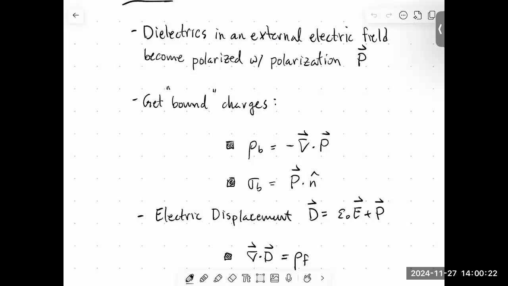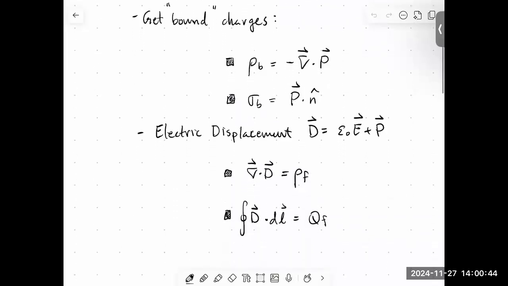There was a bound volume charge density, which was given by minus the divergence of the polarization. And there was a bound surface charge density, which is determined by P dot the normal vector to the surface. And then ultimately we defined the electric displacement as essentially the sum of the electric field and the polarization. And we could write down an equivalent form of Gauss's law for these types of fields. Now,